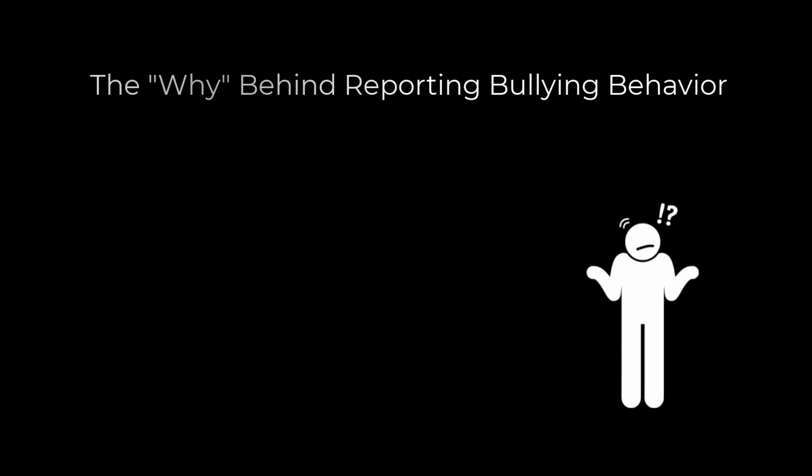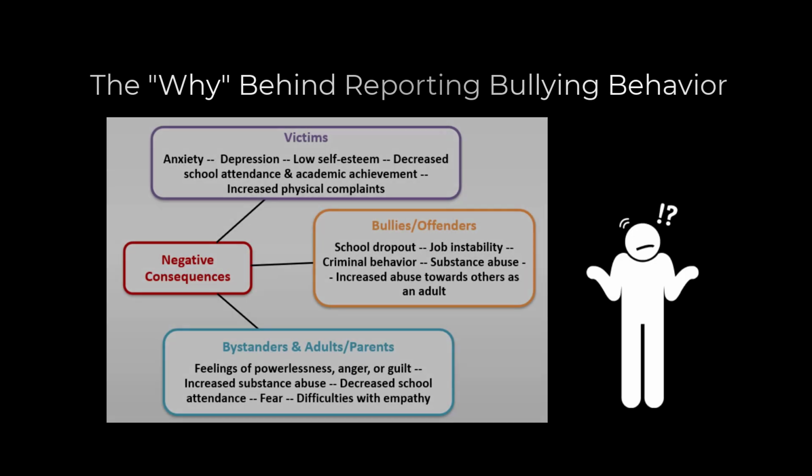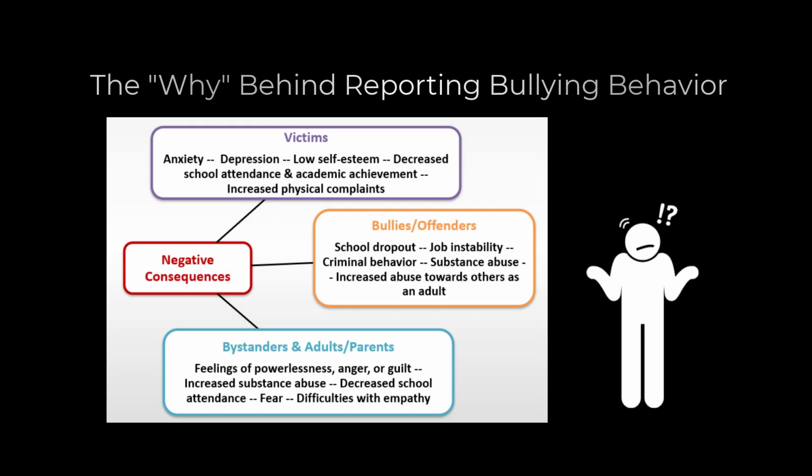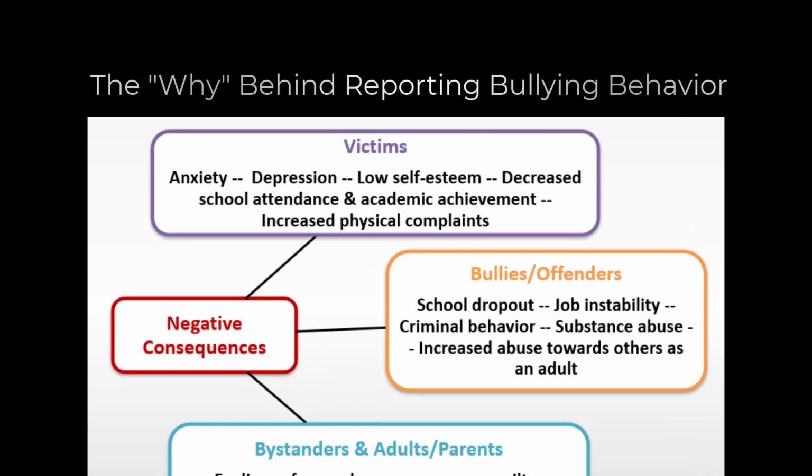In addition to the legal foundations, the well-documented adverse consequences of bullying behaviors provide us with another perspective of why bullying behavior is so detrimental for various stakeholders within our school communities. The experiencing of bullying behavior by victims can lead to a wide range of negative social, emotional, academic, and physical outcomes, and the examples of consequences listed here are not exhaustive. Consequences for victims can range from increased levels of depression and anxiety to decreased academic achievement to increased physical complaints.